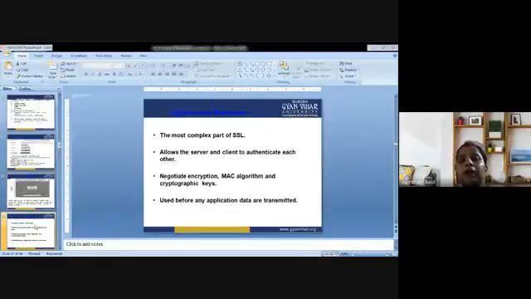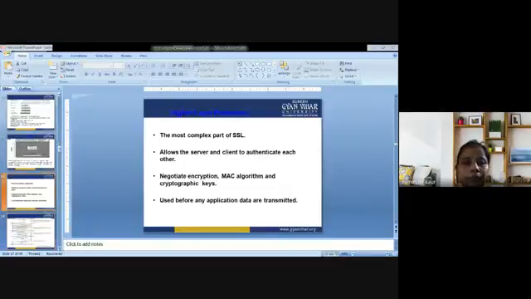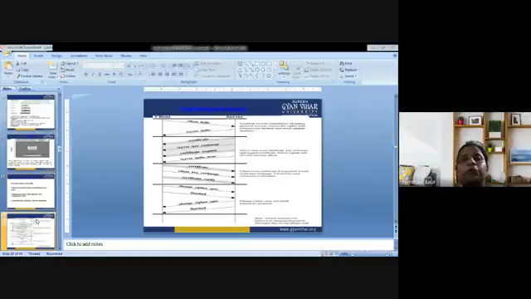So there are certain points that are associated with higher level protocols, and we have discussed the same. The handshake protocol is the core of this whole security lecture. It is a must, so we are supposed to learn about that, and we have already discussed it. I am just giving you the overview.